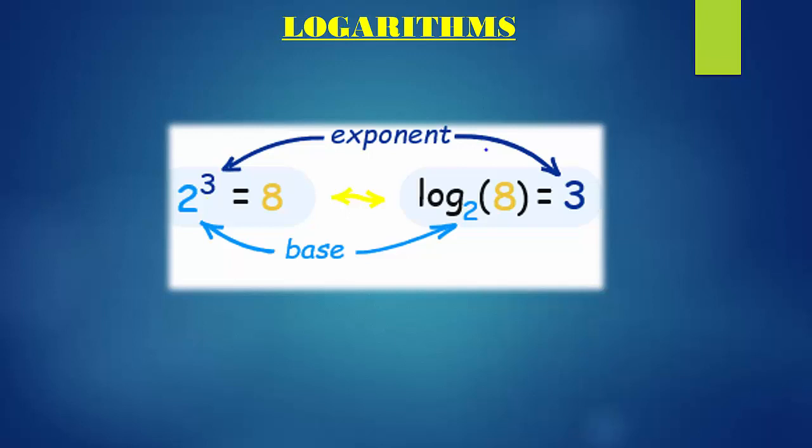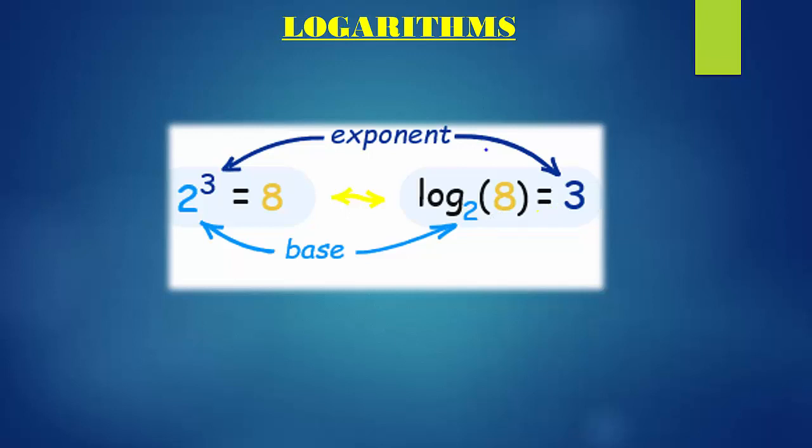Now, you can observe this example. 2 raised to 3 equal to 8. This is the exponential form that you have studied. So 2 raised to 3 equal to 8 can be written using logarithm, that is log of 8 to the base 2 is equal to 3. So the logarithmic base will be the base number in exponents and the answer in the logarithm will be the power of the base in the exponents. So exponent form can be written in a logarithmic form like this. Is it clear? 2 raised to 3 equal to 8 is exponential form, and the same can be written using logarithm, that is log of 8 to the base 2 is equal to 3.